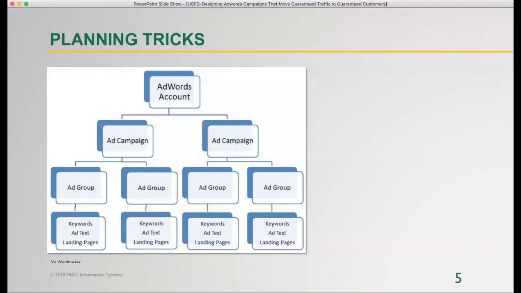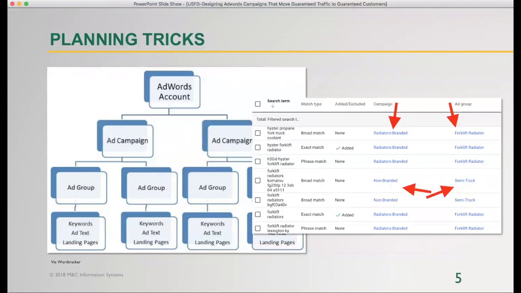And as we get further into keywords, I'll give you some hints as to how we break our ad campaigns apart in a perfect world. But here's an example. This is actually from a customer, and running in this is a huge AdWords project. As he's targeting these particular words, these are actual searches on the left that people are searching for. So you see the Hyster forklift radiator and how it was matched: phrase match, exact match, broad match,